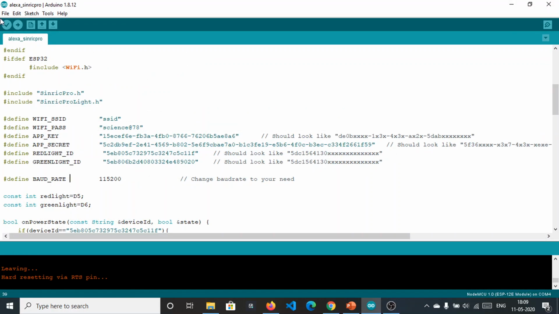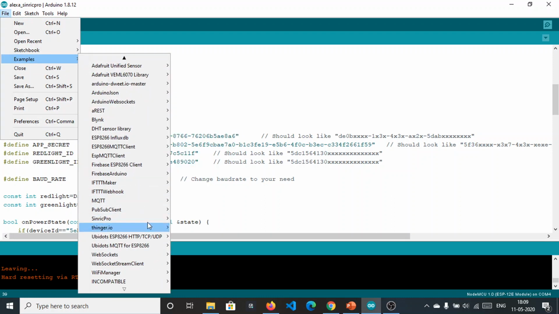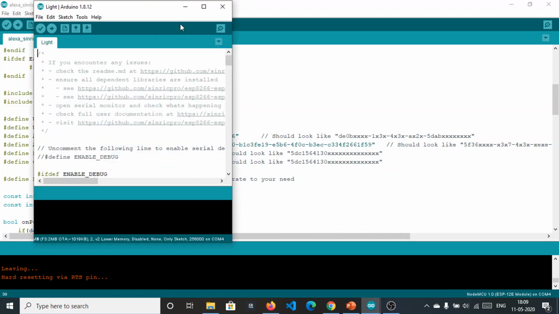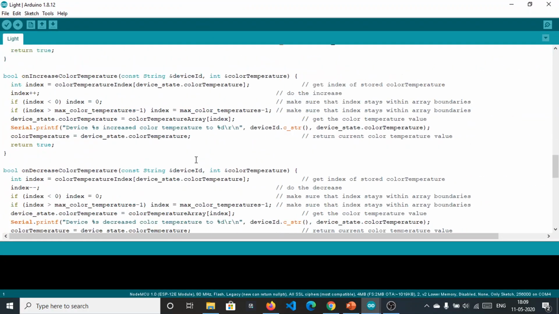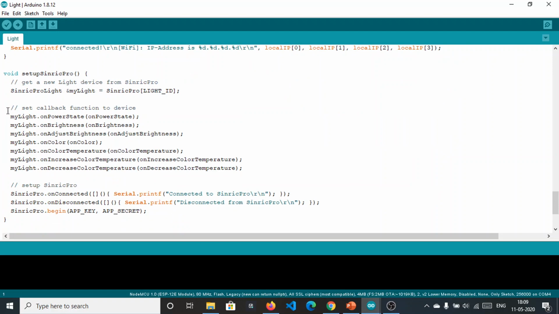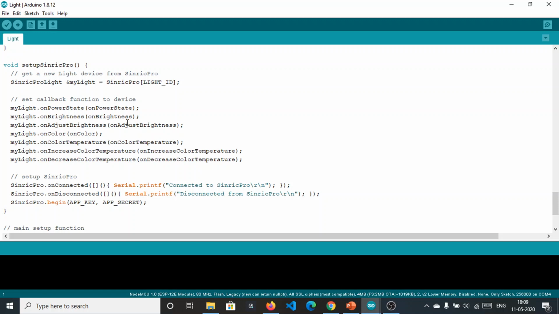Okay, simply go to Examples, Synric Pro, and we are controlling the lights, so we will jump to light. This is the program, this is the whole code. But in this code, basically setup Synric Pro, there are many callbacks here, and we need to use only power state and brightness.